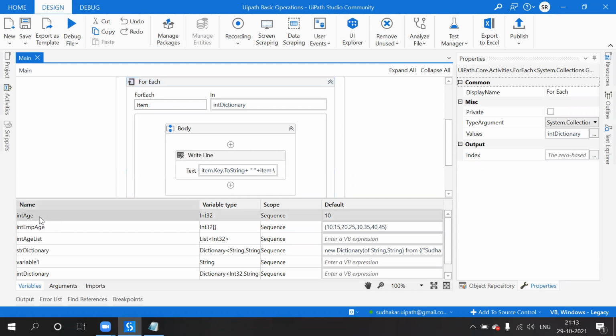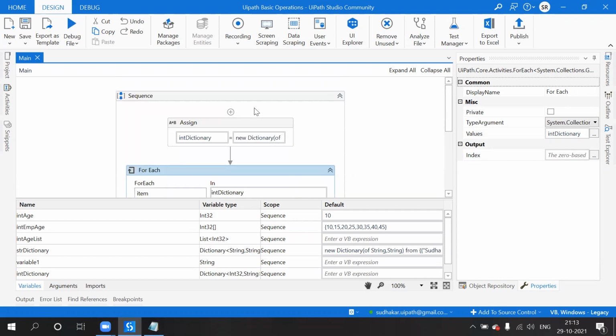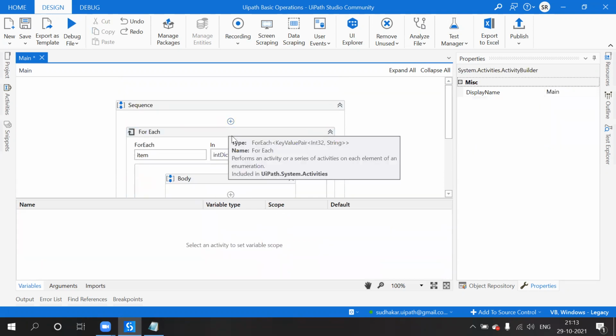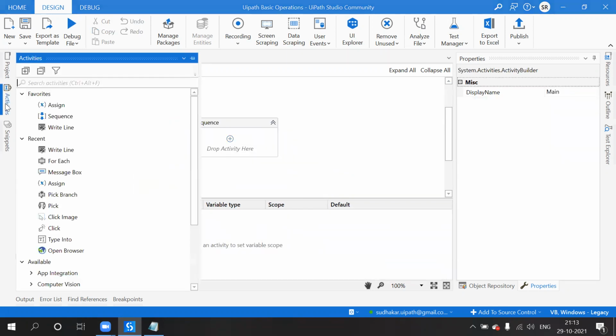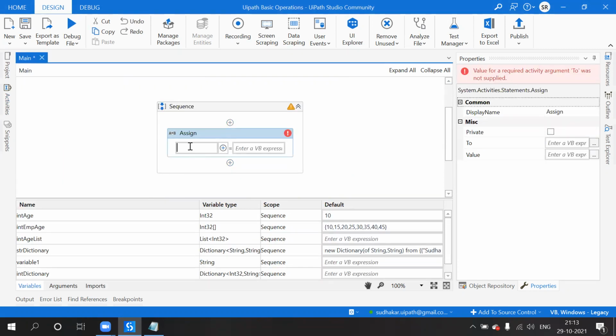So here under integer, control K, str name, and I am assigning some hello.